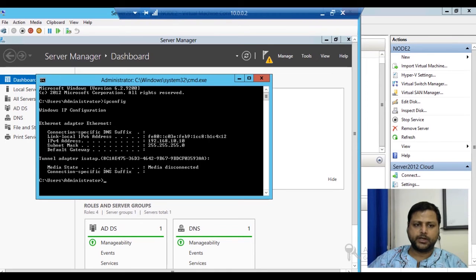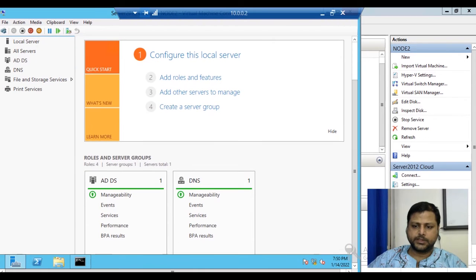So this is the link local address which is already in the system, but we are going to provide another IPv6 address because it is configured with the protocol stack, that is the TCP and IP protocol. We know that systems having IP version 4 and IP version 6 are able to communicate with each other. So now we will check with the IP address. So we'll provide the IP address now.